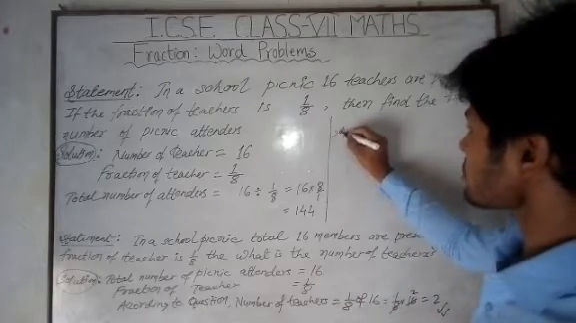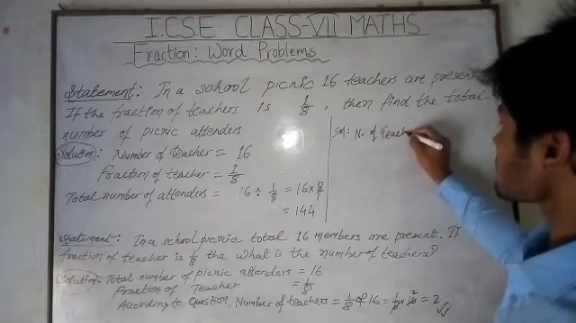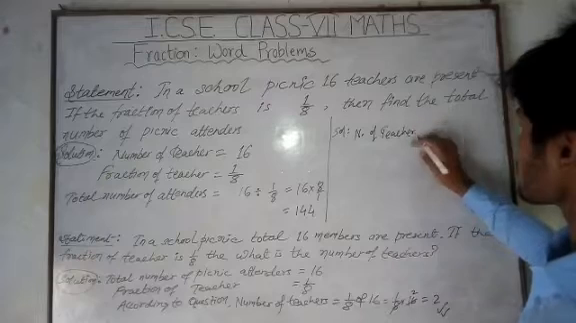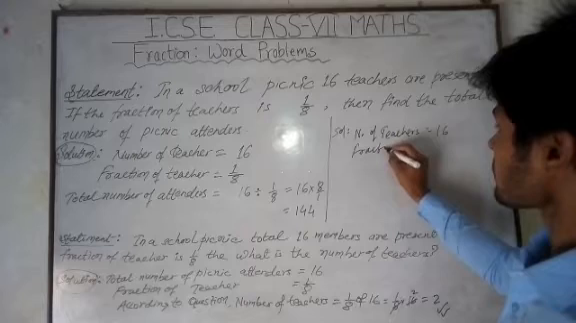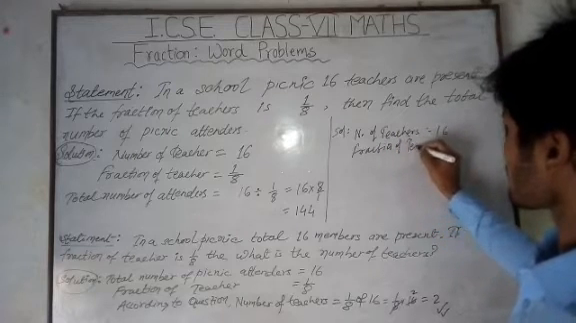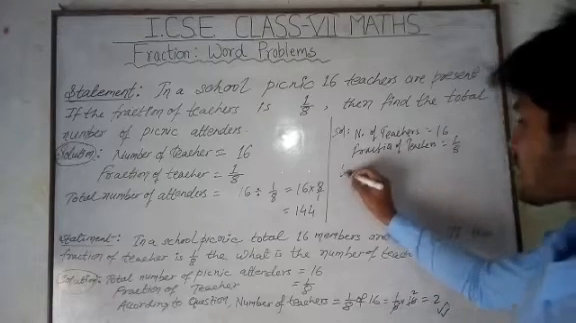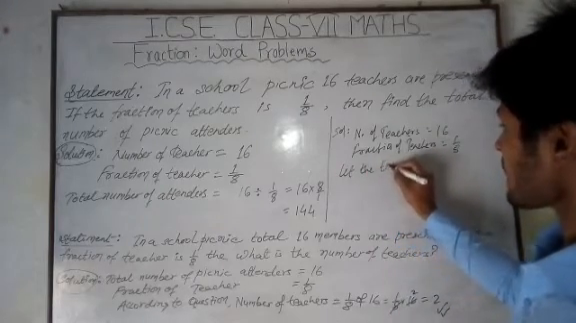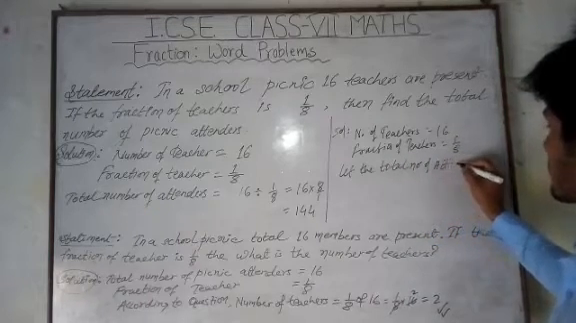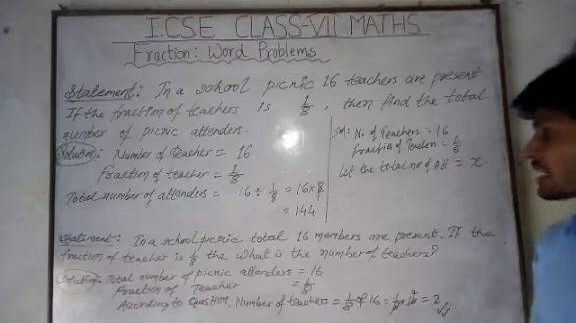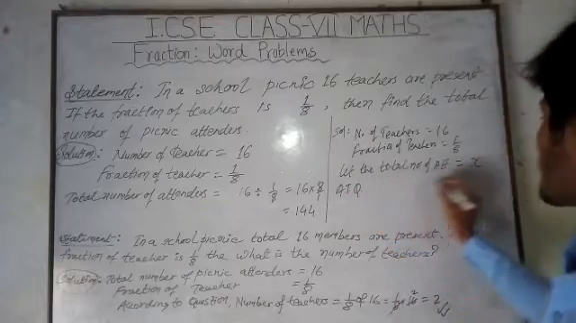Suppose we start the solution in the same way: the number of teachers is given. The statement should be written here. The number of teachers is equal to 16 and the fraction of teachers is also given. It is given as 1 by 8. So we will consider, let the total number of attenders be x. Then we will find out according to the question that